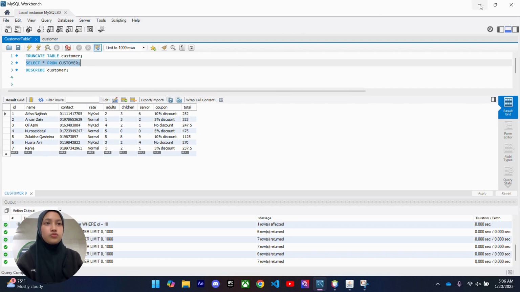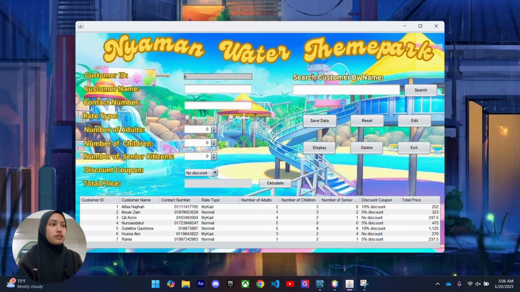Now we're going to test the display button. So when we press the display button, the customer data table will rearrange the order of customers' names from alphabet A to Z. And based on the coding,